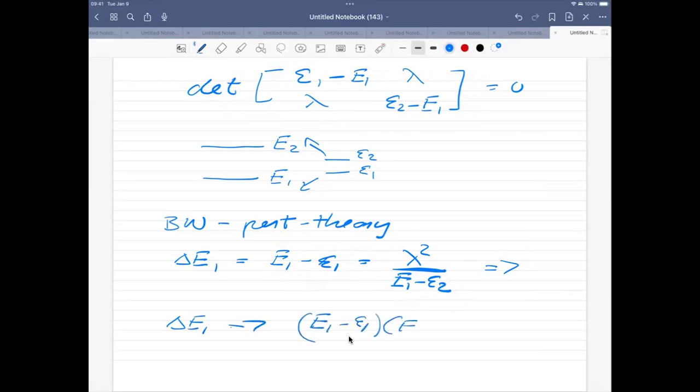So I multiply up epsilon 1 minus E1 times E1 minus epsilon 2, and then subtract lambda squared, then I get 0 here. And this is the same as the equation for the characteristic polynomial when I write out the determinant. So Brillouin-Wigner perturbation theory stops at second order for this specific example, whereas when we now do